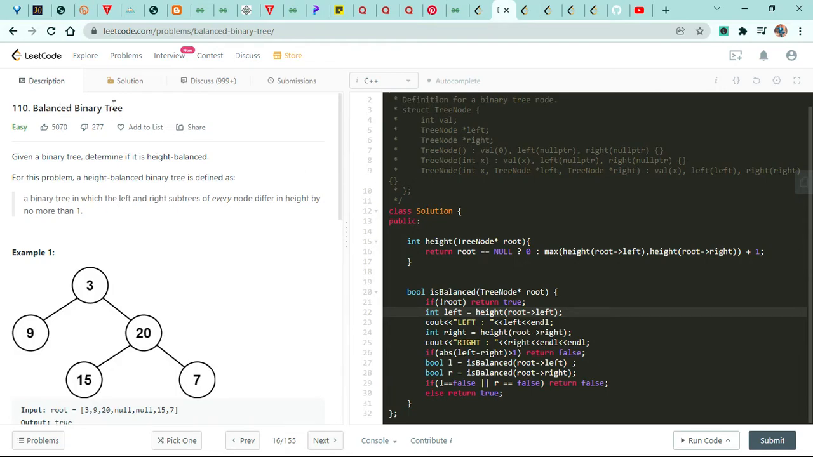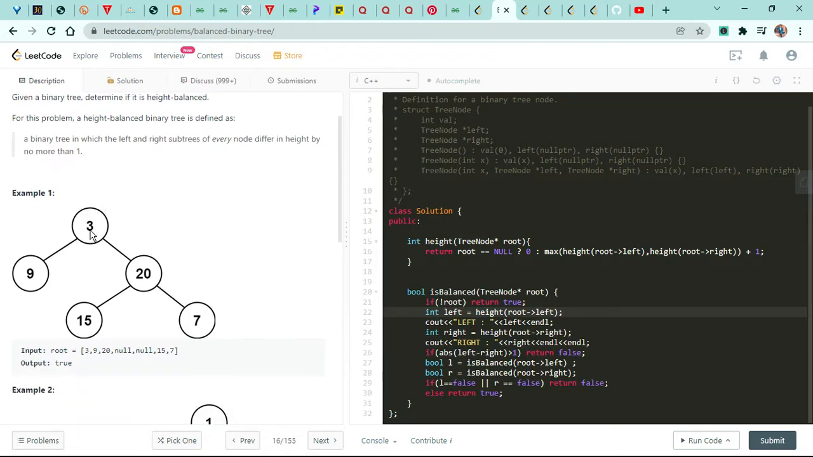So today we have this balanced binary tree problem, and in this we have to determine if it is height balanced or not. A height balanced binary tree is defined as a binary tree in which the left and right subtree of every node differ in height by no more than one, which means if you are standing on any node, then the height of your left subtree